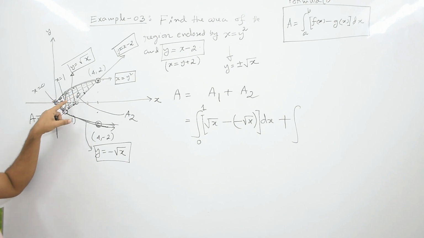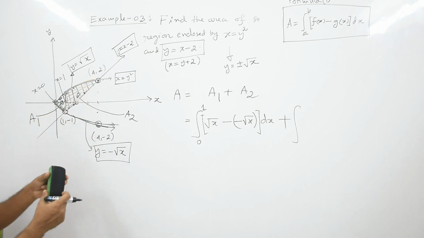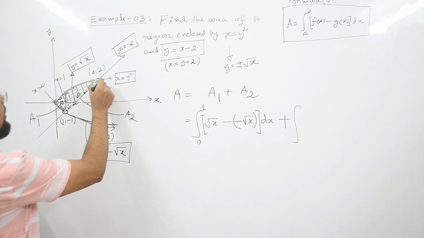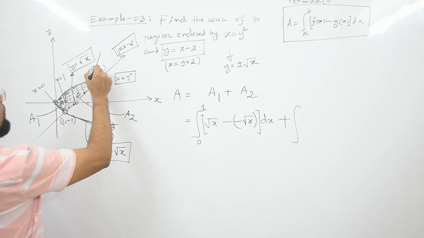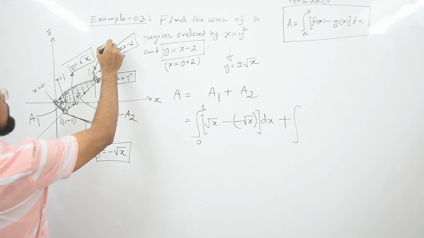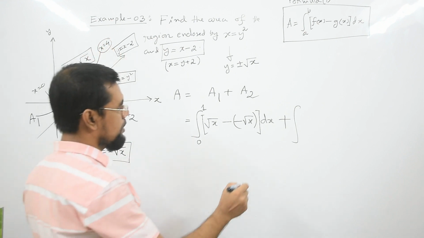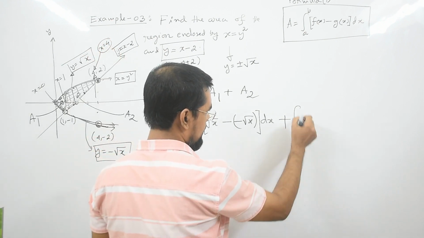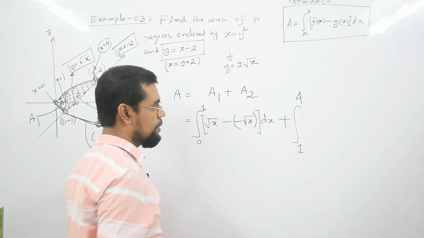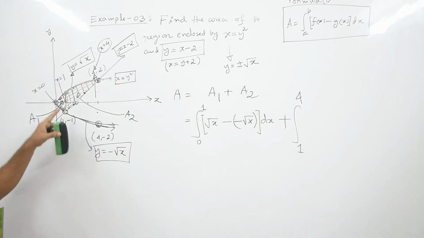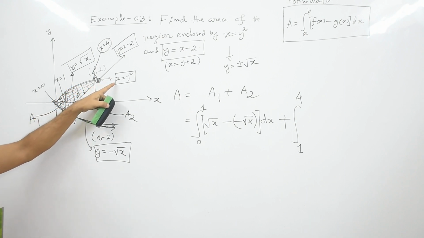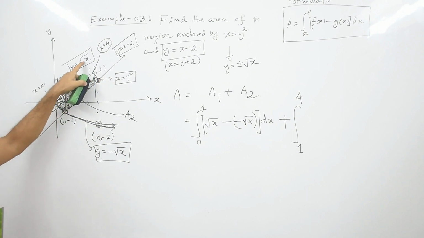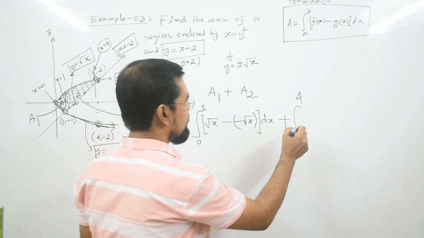So your second region starts at x equal to 1 and ends at x equal to 4. So your lower limit will be 1 and upper limit will be 4. And the curve for this region above is nothing but root x,